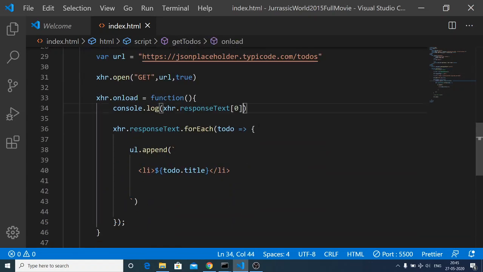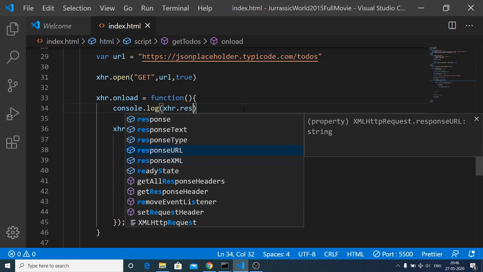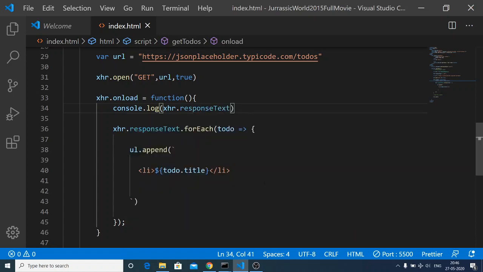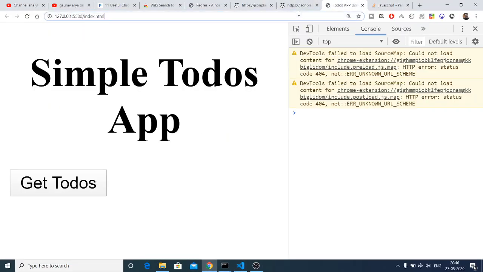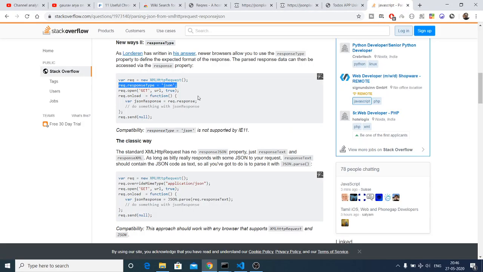And now if I just console log it, xhr response text, request dot response.